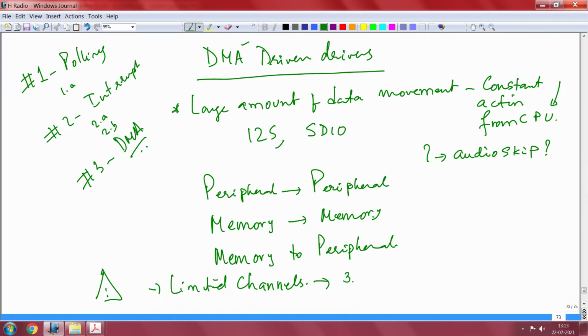What all can DMA do? It can do independently peripheral to peripheral, memory to memory and memory to peripheral. Think about peripheral to memory, memory to peripheral, both are possible. So, ADC is like a peripheral, you can write it into memory and then you can interrupt the processor after copying it into memory. This is the right way to do. Please use DMA every time you need to access data periodically. You want to have the DMA trigger and then copy it into memory